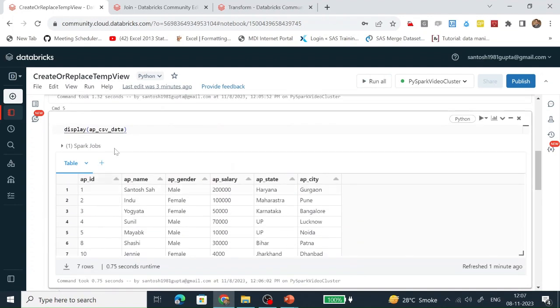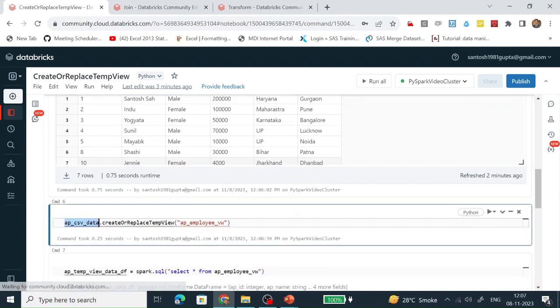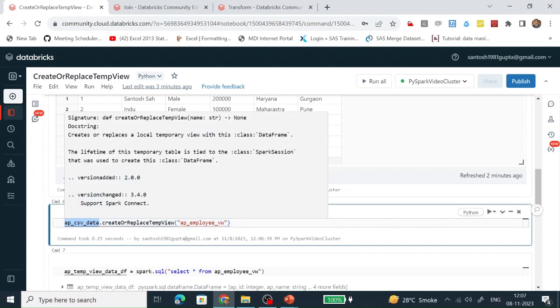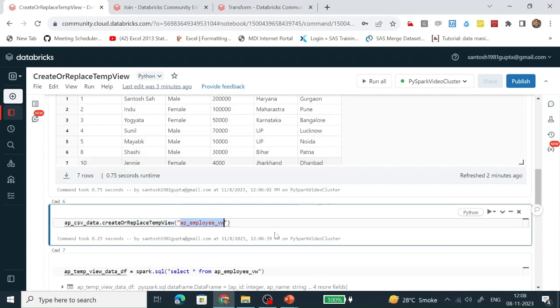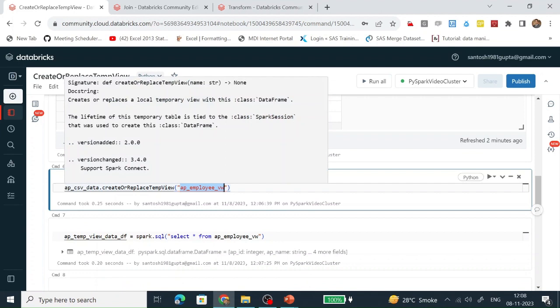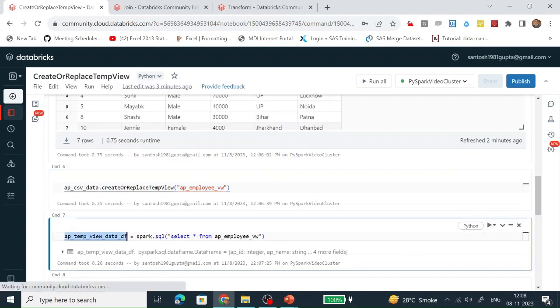So what we have done in this exercise is create this data frame by reading a CSV file. This is the content of the data frame. On top of this data frame, we are creating a temp view. Whatever data is present in this data frame, the same records will also be present in this temporary view. To check that all the records are present in this temporary view, we are creating a data frame and reading all the data present in the temp view with the help of the spark.sql function. So all the data which is present in the AP employee view, we are storing in this data frame by